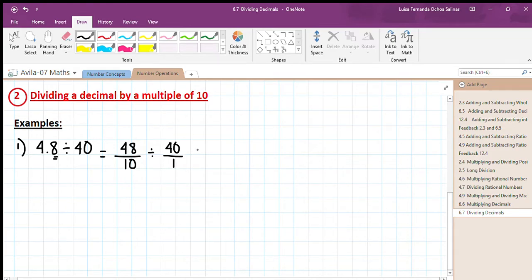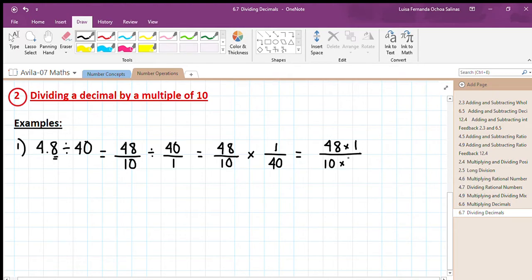Good. Now, how do we divide fractions? Remember what we looked at last lesson. We say stay, change, flip. So we're going to do that. 48 divided by 10 times, I change, 1/40. Great. So how can I work this out? First, remember how I said that I wanted you to write 48 times